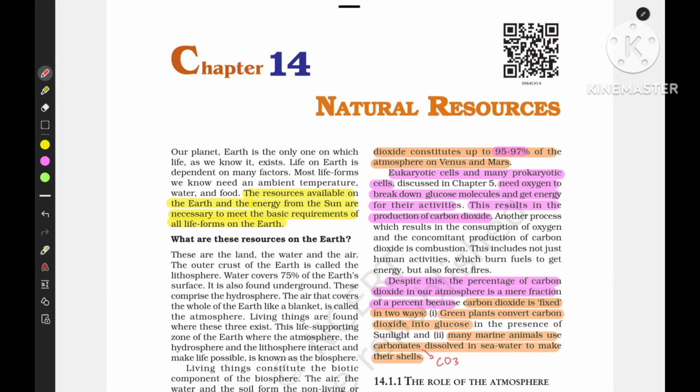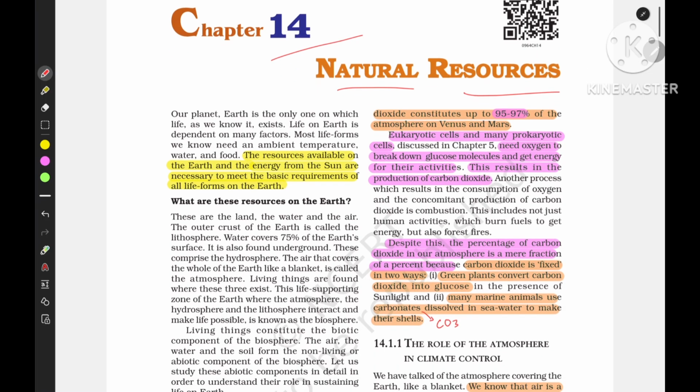In this video, we are going to study natural resources. It is NCERT class 9th, chapter 14. So we will be briefly discussing the crux of this